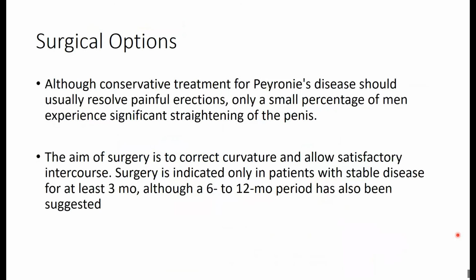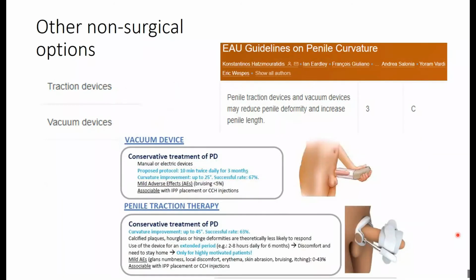ओके, ये जो पीछे डिवाइस है, जिसकी मैं बात कर रहा था, this is the penile traction device. ठीक है, और इसका एक commercial name आता है Restorex. बहुत ही जबरदस्त डिवाइस है. तो उससे आप 45° तक penile curvature को बचा सकते हैं. तो it means अगर आप intralesional collagenase लगाएं और penile traction device यूज करें जैसे Restorex है, तो आप patient को सर्जरी से बचाने की कोशिश कर सकते हैं कि later on patient को सर्जरी की जरूरत नहीं पड़ सकती. ओके.